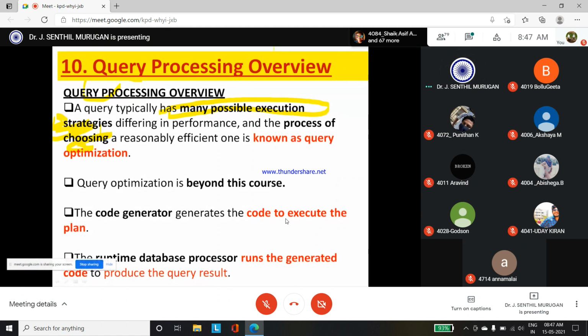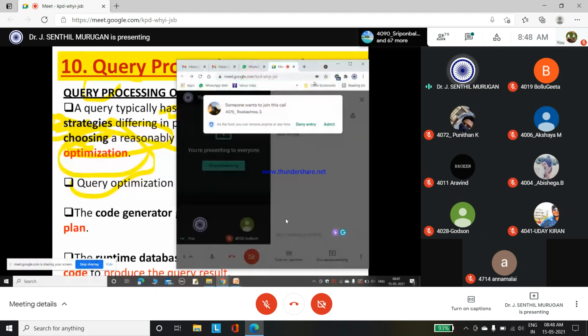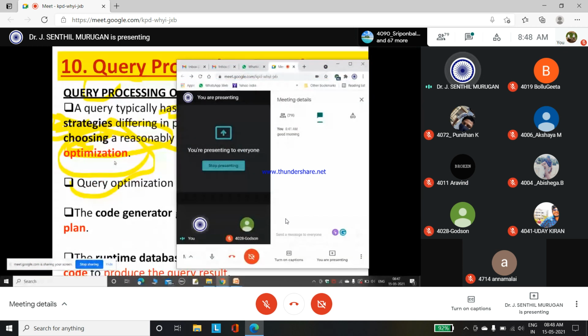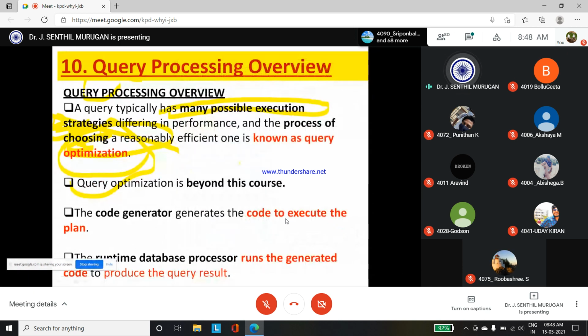So this is known as query optimization: the process of choosing the possible execution based on possible strategies. This process is known as query optimization. Okay, this process is called query optimization. Right. So if this is the query optimization,